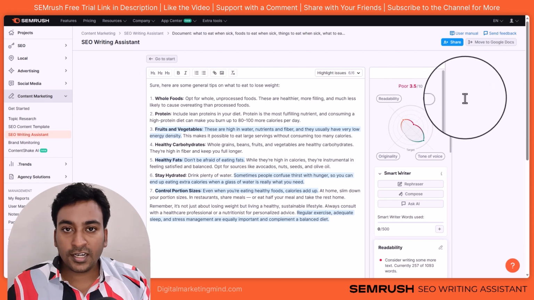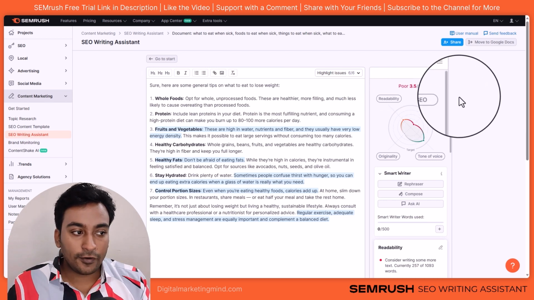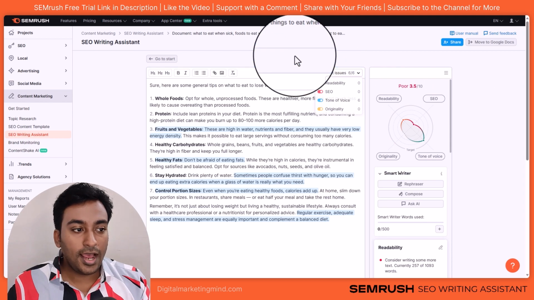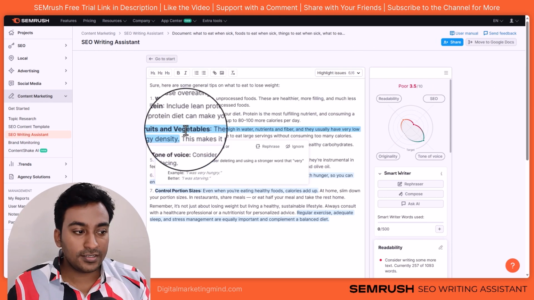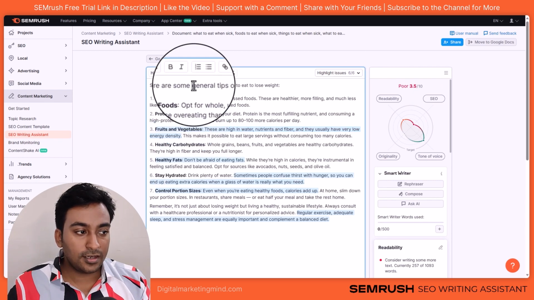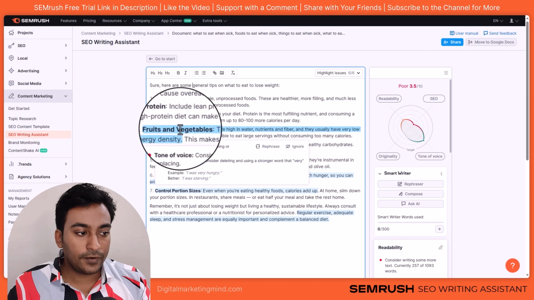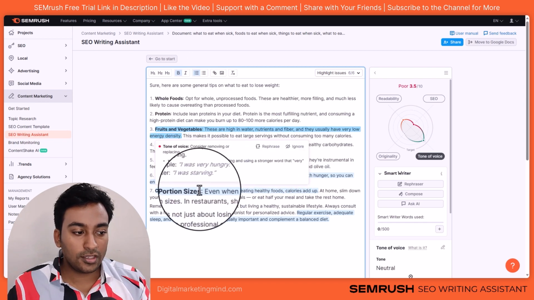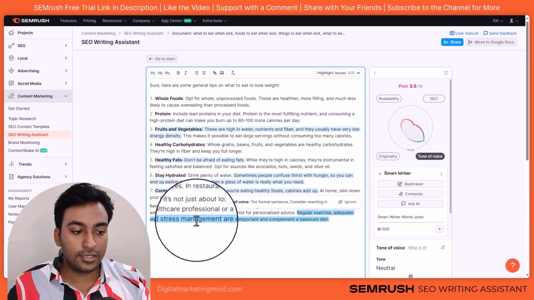So I have generated some text with AI and I have pasted it here, and you can see automatically all these things are turned on, and I'm seeing highlights for different sections here, tone of voice, all the different sections. For example, if I hover over any of it, I can see any issues, I can rephrase it, or ignore the issue. All the different tips are given here with different colors.